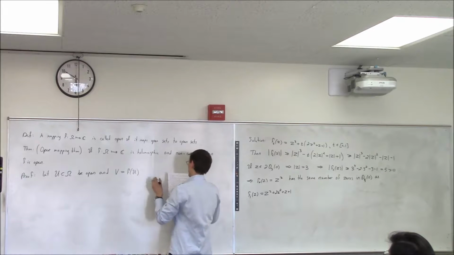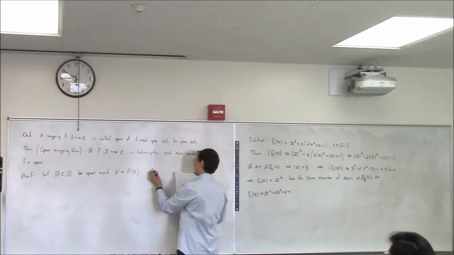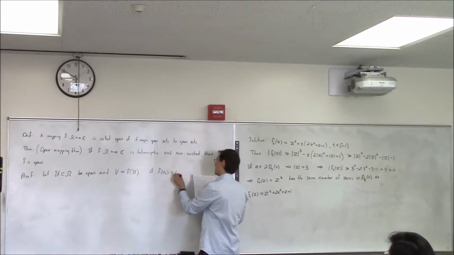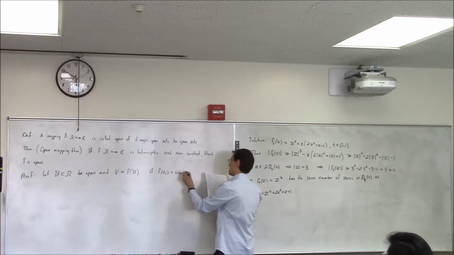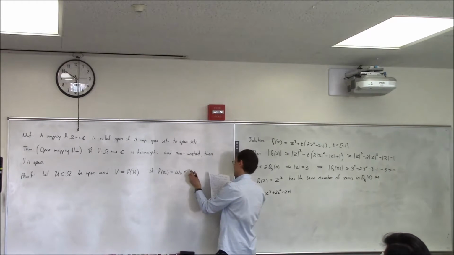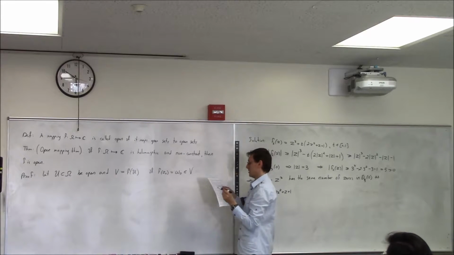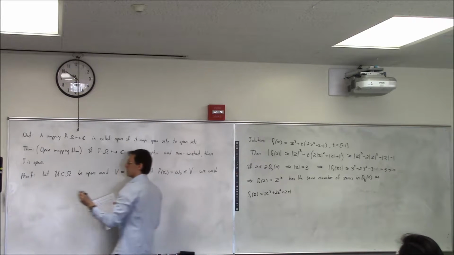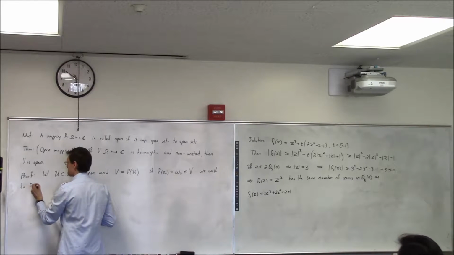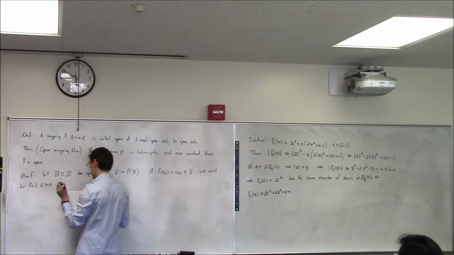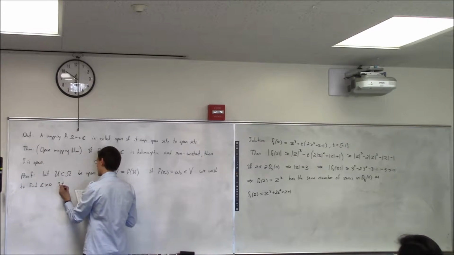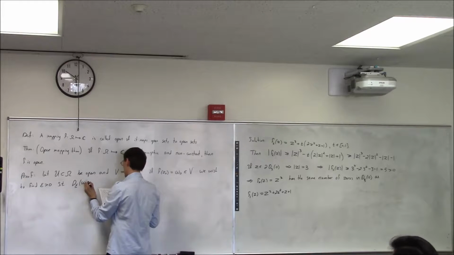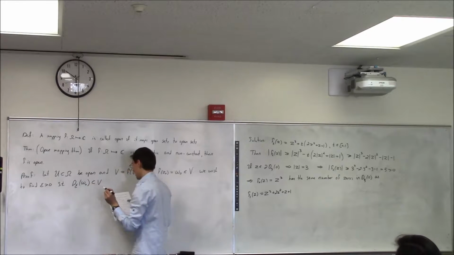So what we are going to do is, if f of z0, let's call this number w0, is an element of V, we wish to find epsilon greater than 0 such that the disk of radius epsilon around w0 is contained in V, which establishes that